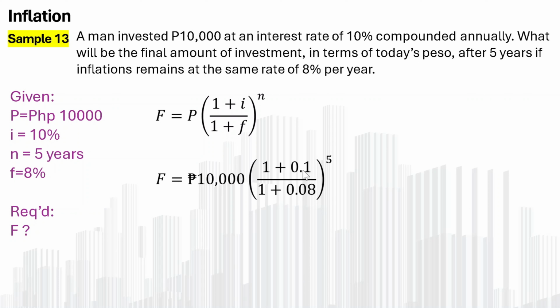Pero, syempre, pag compounded semi-annually, quarterly, iba rin yung kwento doon. Okay? Diba? Tapos divided by 0.08, that is yung inflation rate natin. So, magiging future value natin is around 10,160.86, meaning, tumubo pa rin yung pera niya ng total of 960.86 pesos despite yung inflation na yun.